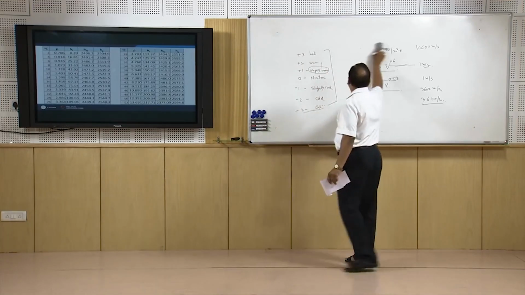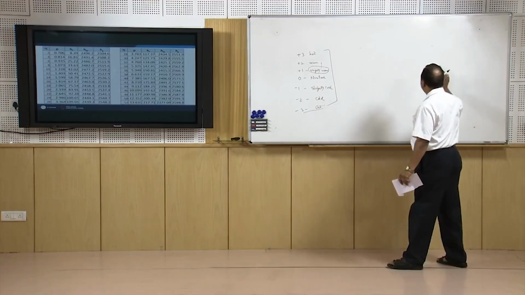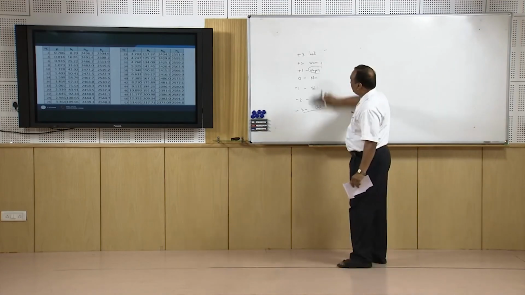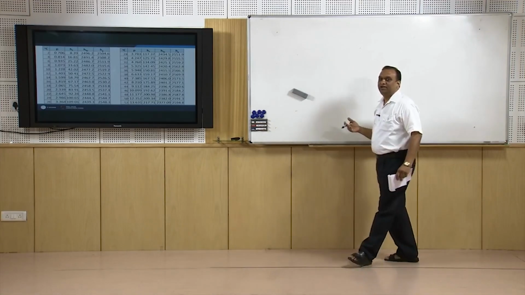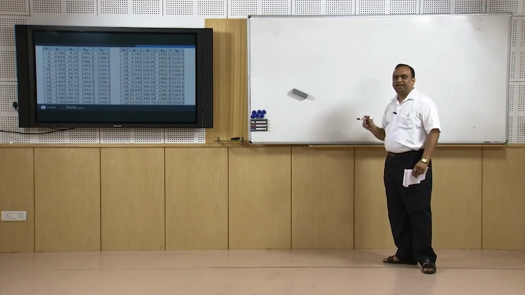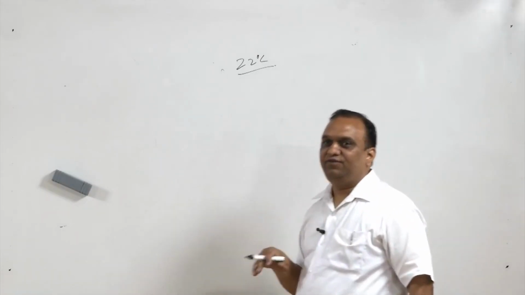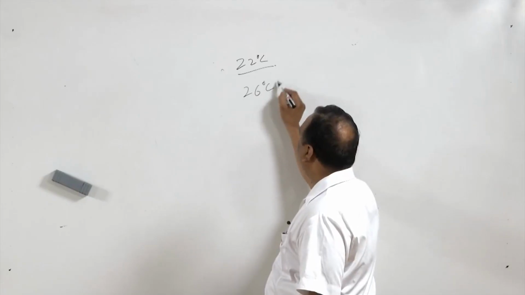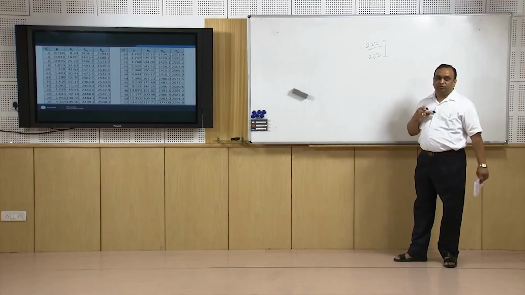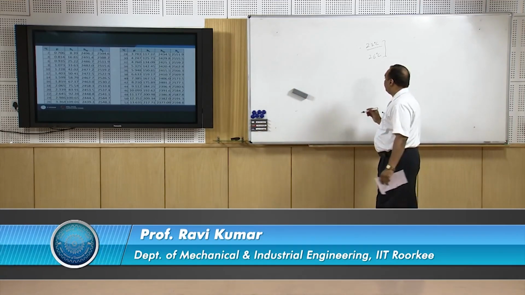Now, in an air conditioning environment, suppose I am sitting wearing only a half sleeve shirt. Another person is sitting with a suit. So the person wearing a suit definitely demands a lower temperature. He will say that I am feeling comfortable at 22 degrees centigrade. I am wearing a half sleeve shirt, I will say I am feeling comfortable at 25 or 26 degrees centigrade. So this clothing also, because these clothes act as an insulation,